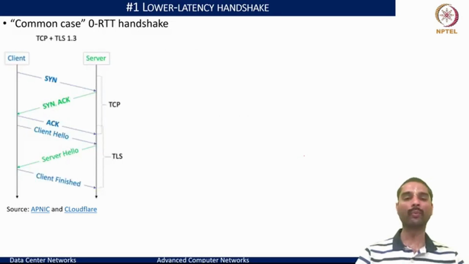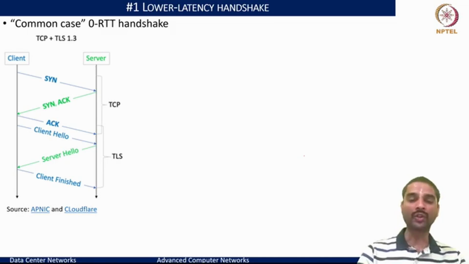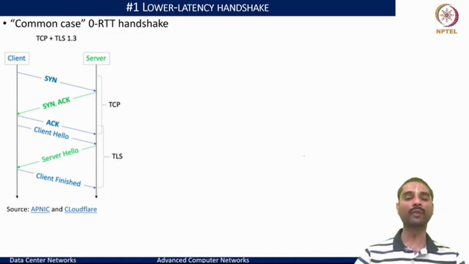So to quickly look up what it meant in the TCP and TLS 1.3 version, first you would have a SYN, SYN-ACK and ACK. That's basically the TCP three-way handshake. And once the TCP handshake was done, you would have the TCP connection parameters exchanged, and then the TLS handshake would start with the typical client hello, server hello, followed by the exchange of the server certificate, which the client would authenticate, verifying that it's connecting to the right server. Then the client side of the TLS negotiation starts, and eventually derives a key through which the entire session could be encrypted, and then starts sending the packet request.